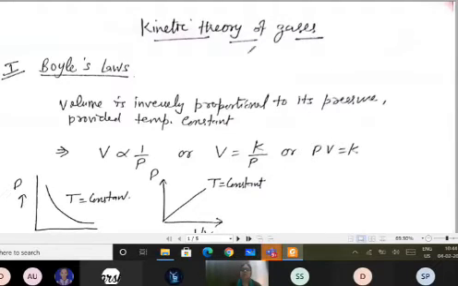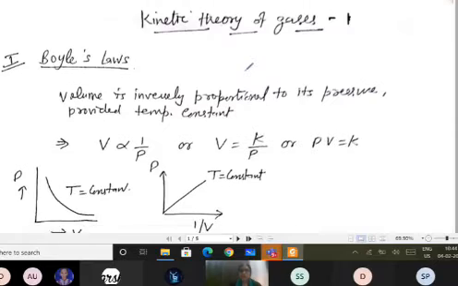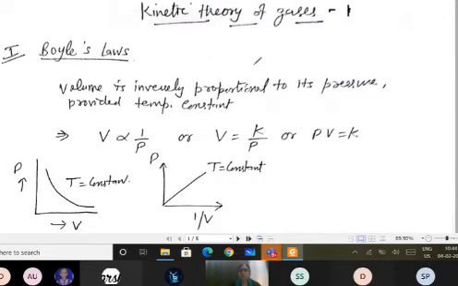Okay class, today we are going to discuss the kinetic theory of gases, the first lecture on it. Many things you have studied in chemistry as well, like Boyle's law. When I'm talking about the kinetic theory of gases, I'm talking about the random motion of the gas molecules, which are moving, of course, in different directions with different velocities. And of course, for an ideal gas, PV equals nRT.